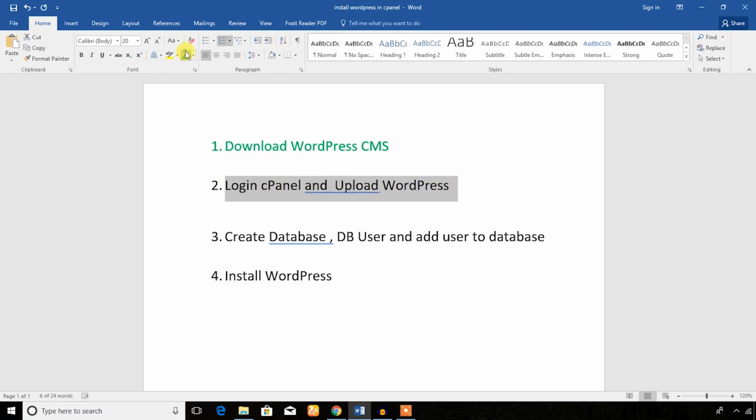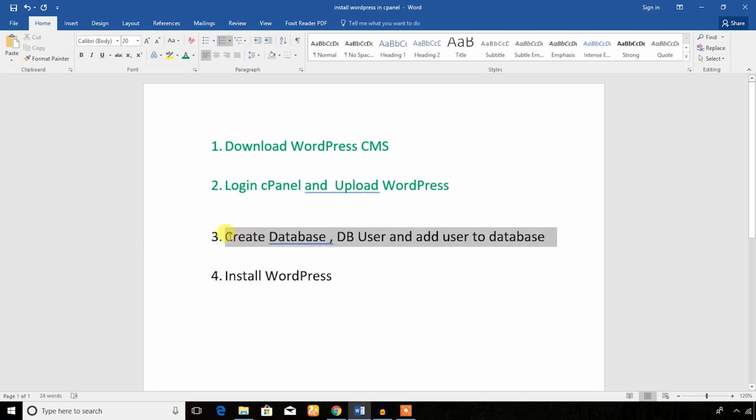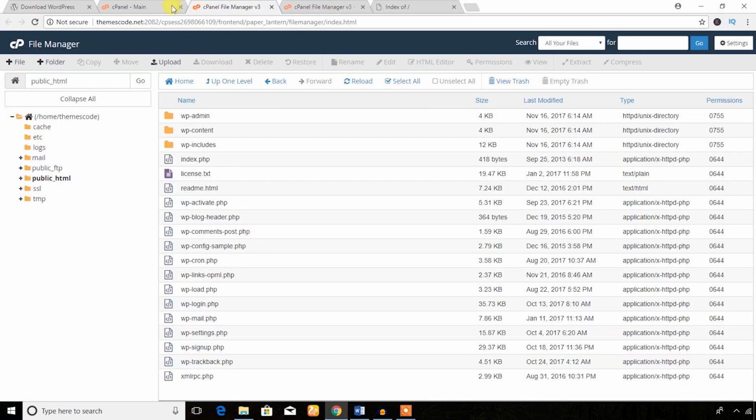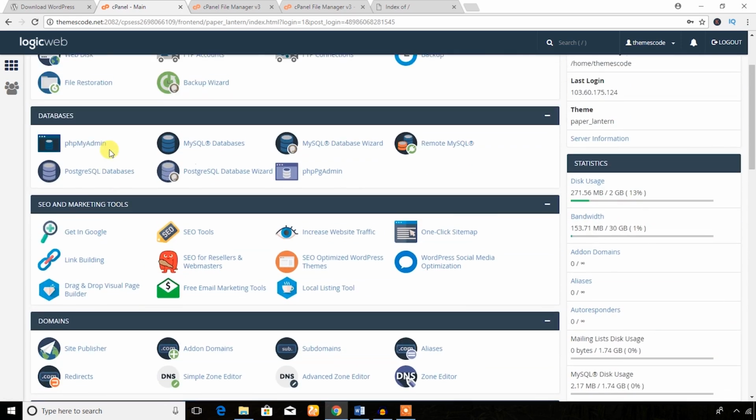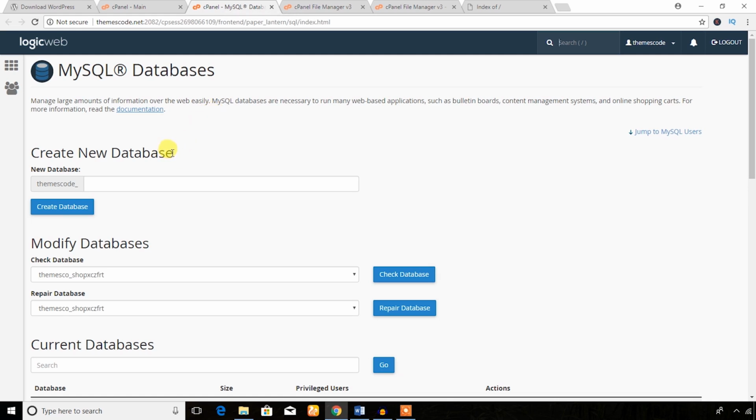Okay, now the third step, create a database and a database user and add the user to the database. Okay, just go to the cPanel main section here. As you can see, this is the database section and MySQL Database. Hit this link and open in a new tab. Here I will create a new database. As this is for tutorial purposes, I'm not going to make it big, just sample text. Okay, just hit this Create Database button,